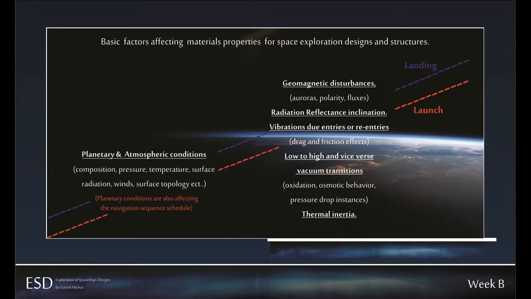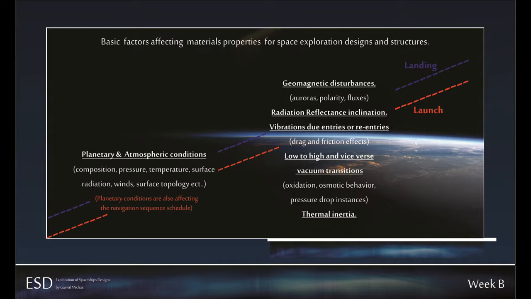These planetary conditions are also affecting the navigation sequence schedule. At a higher altitude from a planet's surface, there are geomagnetic disturbances, auroras, polarity, fluxes, radiation, reflectance, inclination, vibrations, due to entries or re-entries, drag and friction effects, low to high and vice versa vacuum transitions, oxidation effects, osmotic behavior, pressure